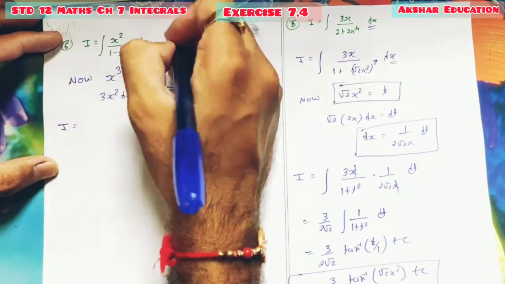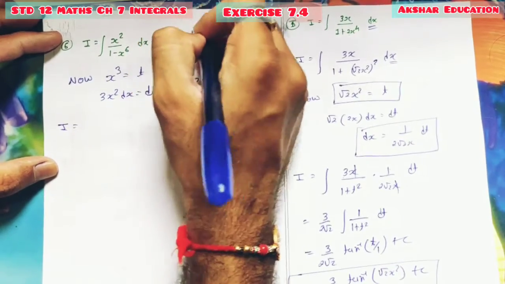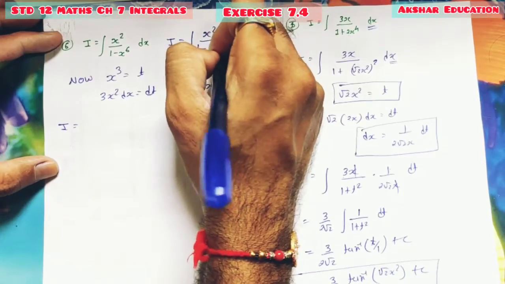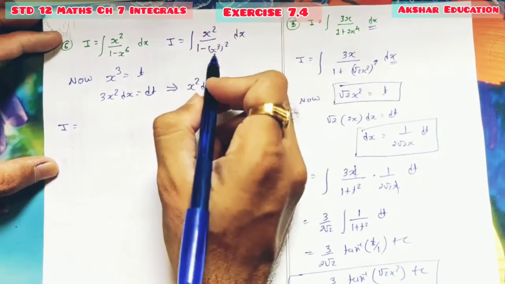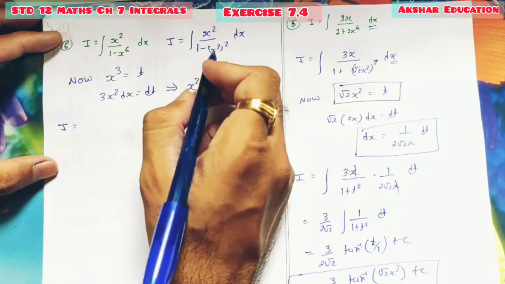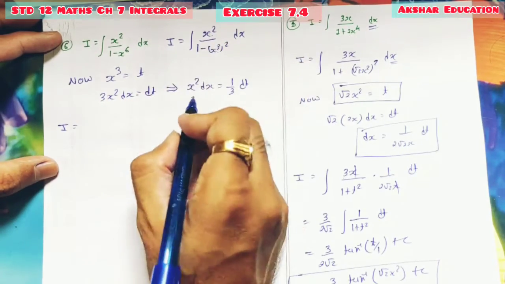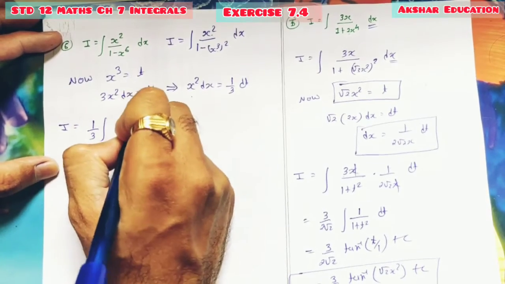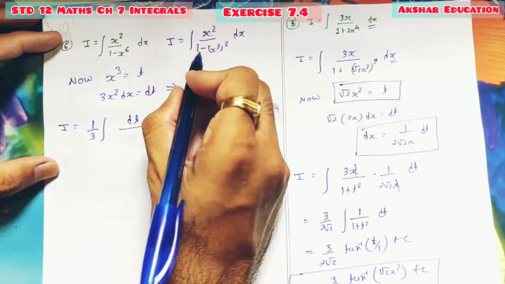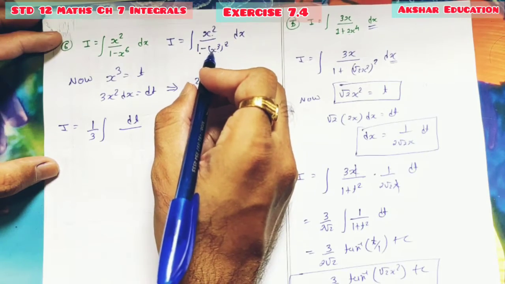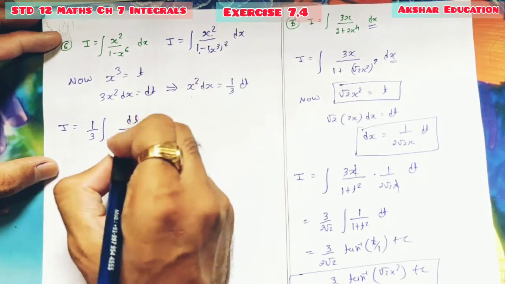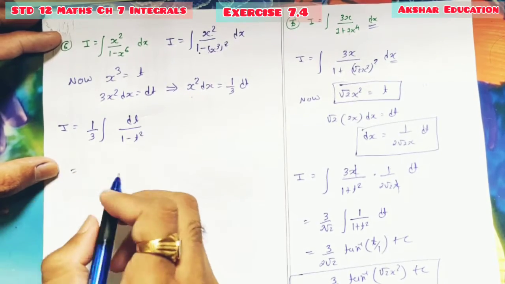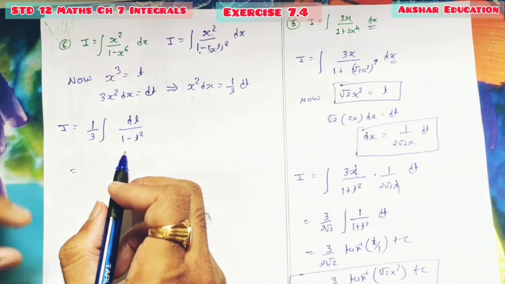So integration I, if we want to convert it, we write I equal to x square upon 1 minus this will be x cube whole square dx, and that's why we replace this x cube as t. So our I is x square dx, x square dx is 1 upon 3 dt, so 1 upon 3 constant dt, and denominator 1 minus x cube square, x cube is t, it's 1 minus t square dt. So this is the formula, 1 upon a square minus x square,